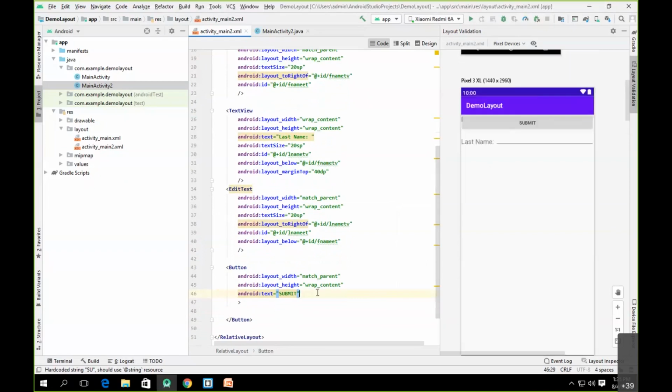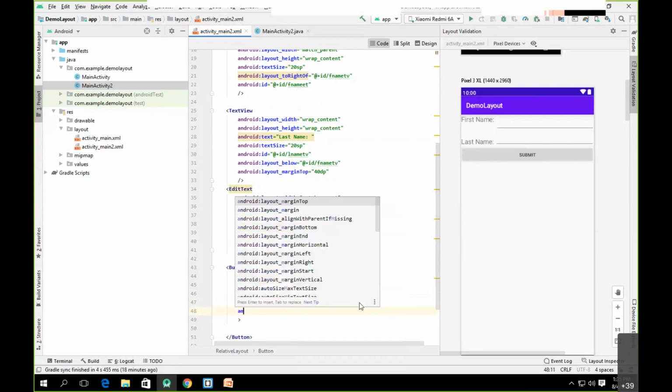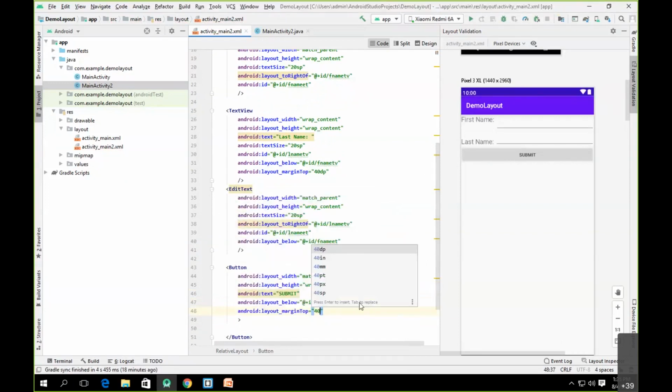So what I can have here is below @+id lname edit text, and as you can see, this button will be aligned below the edit text. If you want to add a margin, you can add a margin from top, and the margin from top will be 40 dp. Okay. Now this will create such kind of user interface.